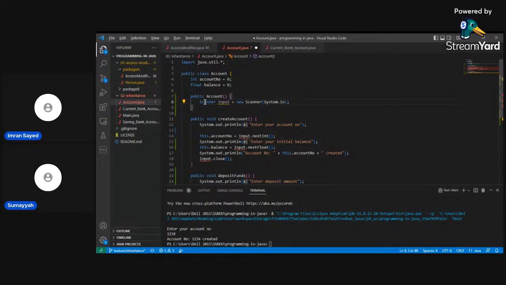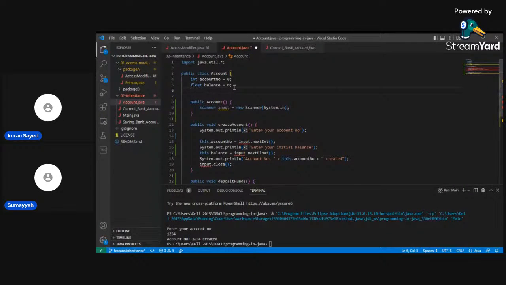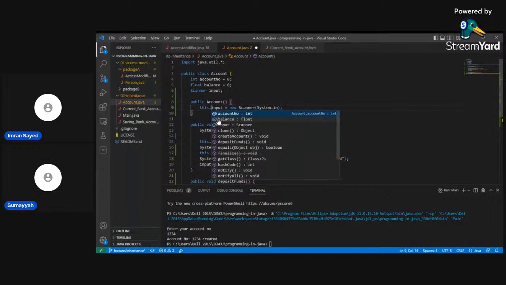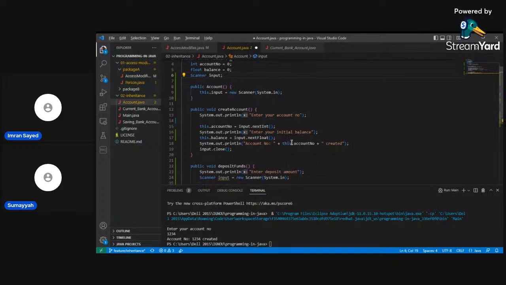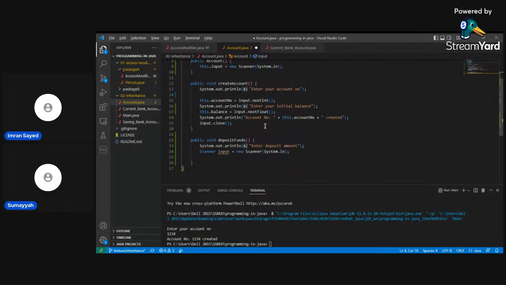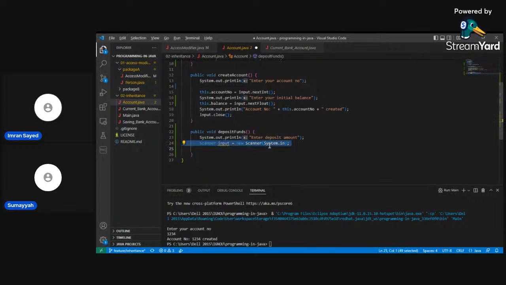Yeah, that one. So here, I think what we should do is say this dot input instead of just input. That way it'll be available to access throughout the class, like on line 9. We don't need to create it separately, I guess. Now wherever the input instance is used, we can replace that with this dot input.